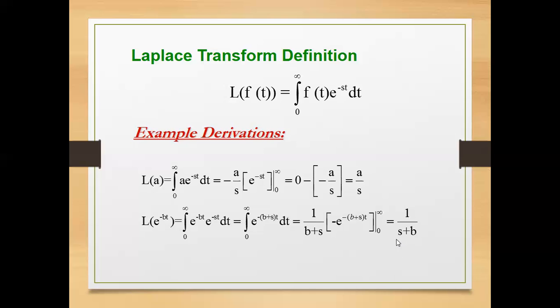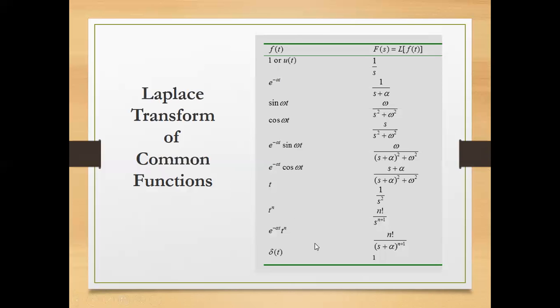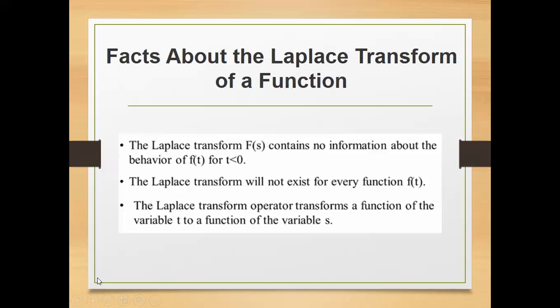If this is positive, this one becomes negative. So for example, if this is e raised to 10t, the Laplace transform of that would be 1 over s minus 10. So if this is negative, this one is positive. If this is positive, this one is negative. So these are just two example derivations for the basic functions that will be shown to you here. These are the functions that you will be using later on in processing differential equations using Laplace. But before we go to these functions, there are really very important things you need to know regarding the Laplace transformation of a function.